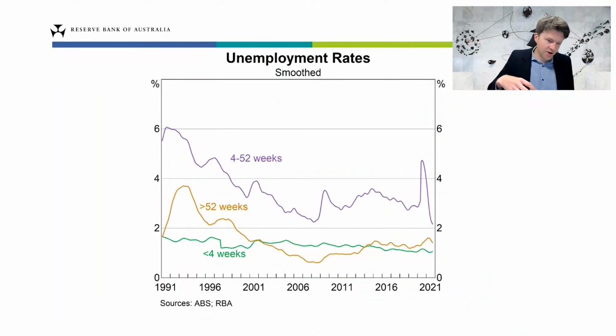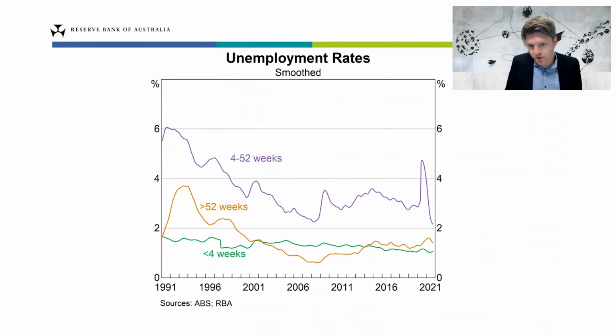Now, the first thing to note is that the statistical models that we use to estimate the NAIRU don't actually tell us why the NAIRU has changed over time. They only tell us that the NAIRU has declined over time. So it doesn't give us the answer as to why this has happened. And so if we want to unpick some explanations for why the NAIRU has declined, we really need to draw on some other sources of information.